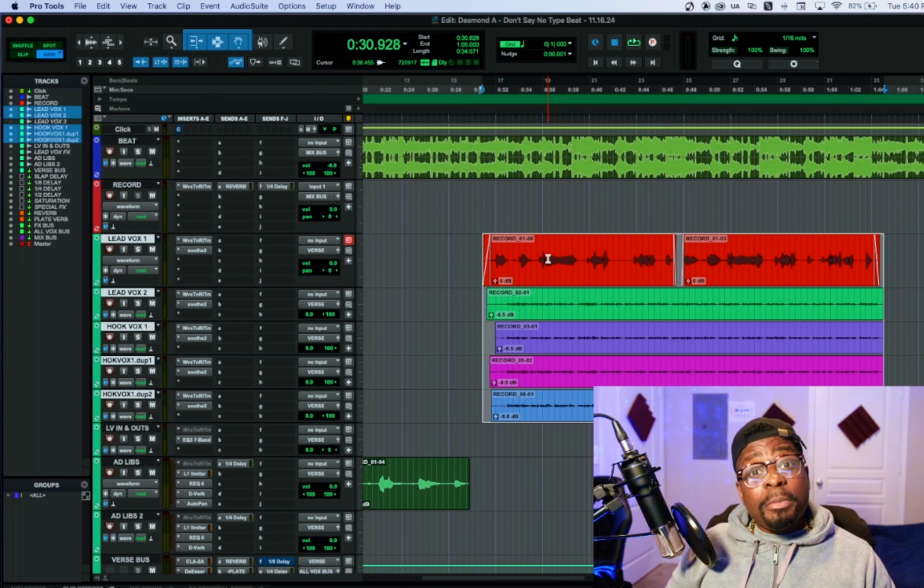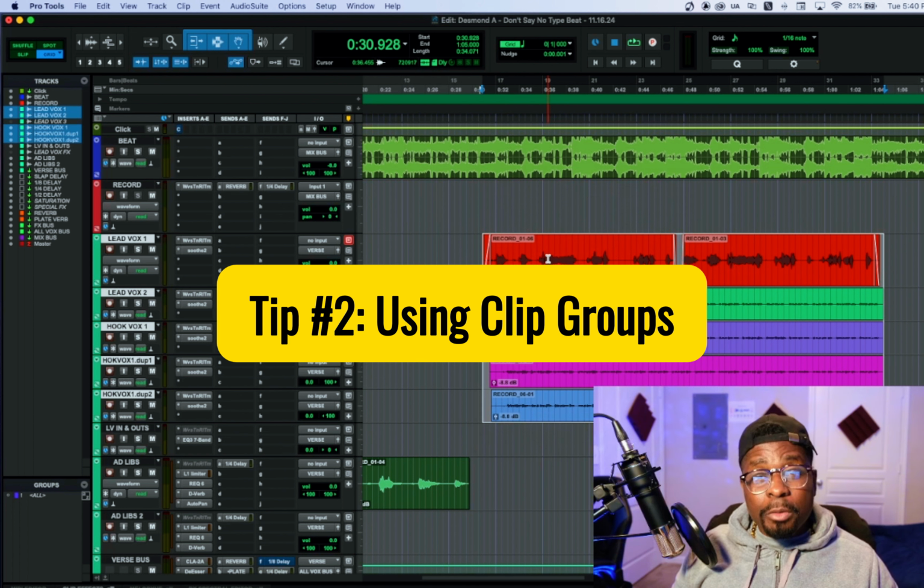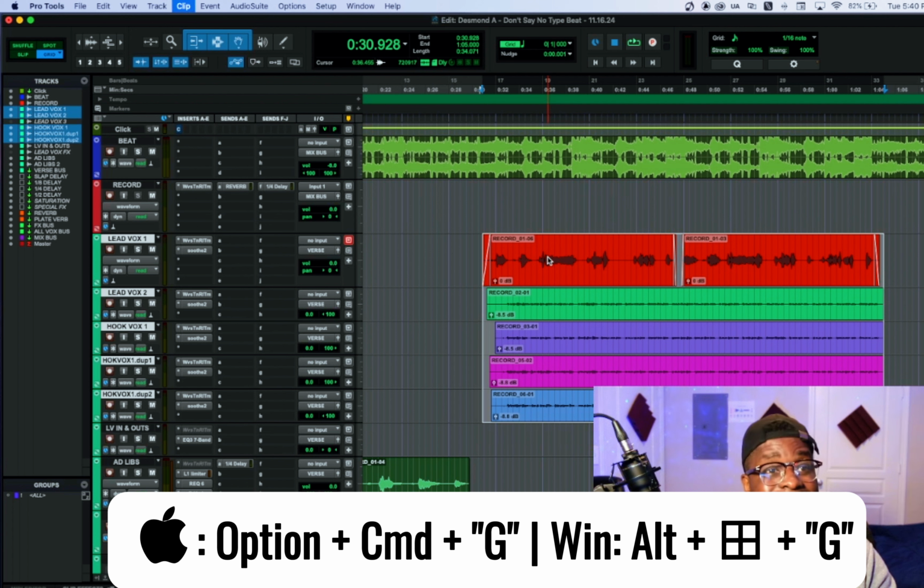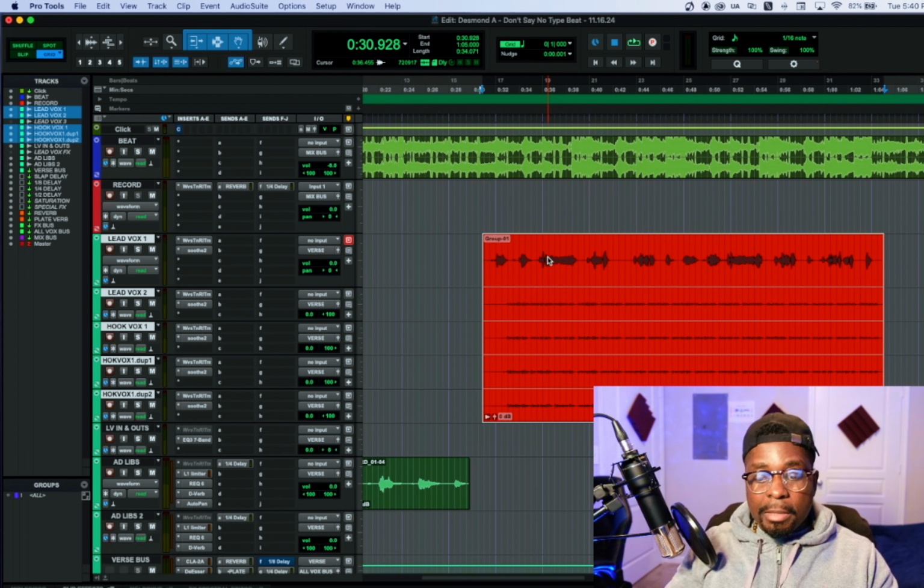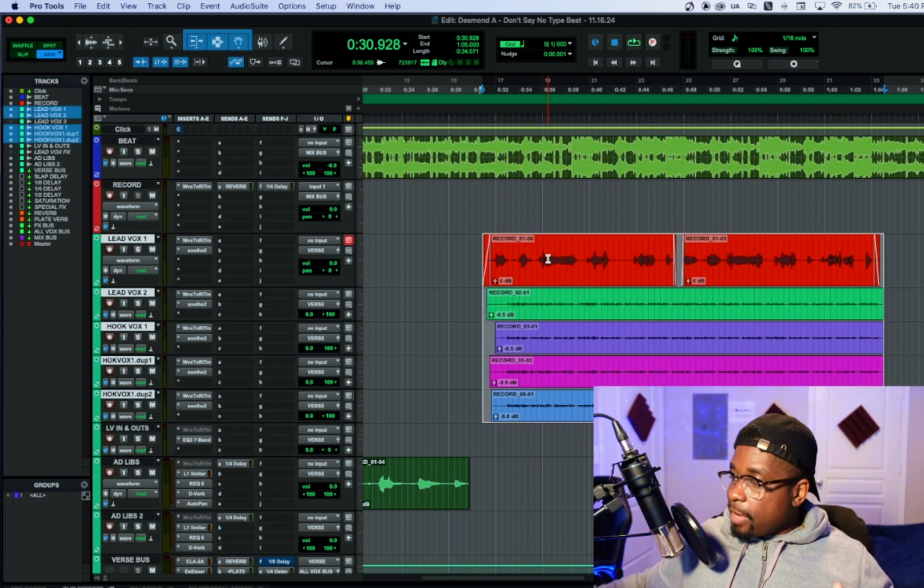And for tip number 2, we're going to be creating clip groups and also ungrouping those clip groups. We can easily do that on our keyboard by hitting Option Command G, and also by ungrouping them, we can do Option Command U. Now, how I like to use clip groups is if I'm in the middle of a